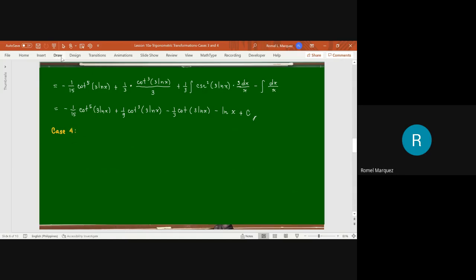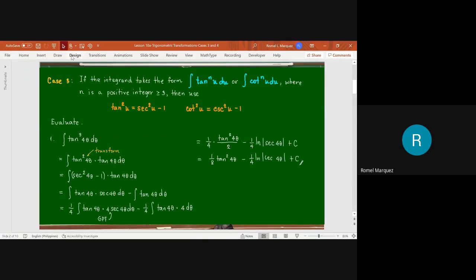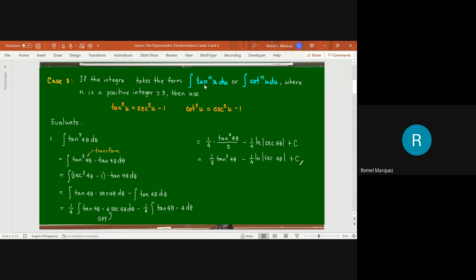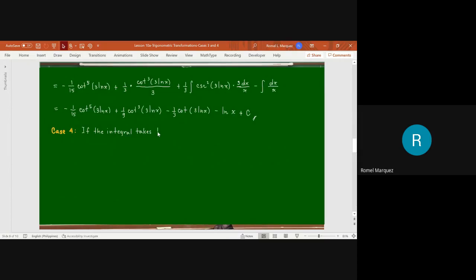What is said about case 4? If the integral takes the form, I think I have wrong spelling here. I think before, if the integral, not the integrand. Let's erase that. If the integral, because that is the integral. Okay, guys? This is integral, not integrand. Because this is integral. If the integral takes the form